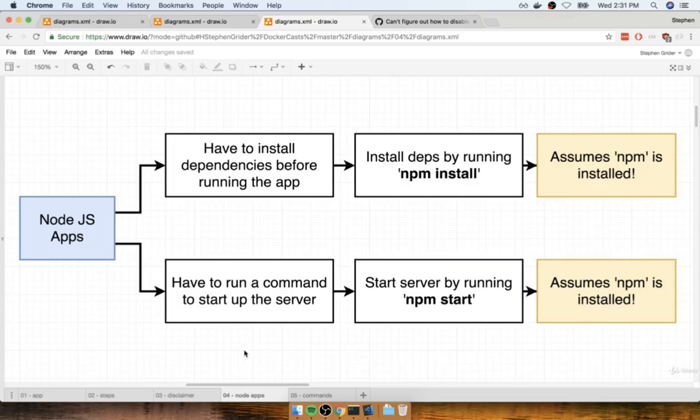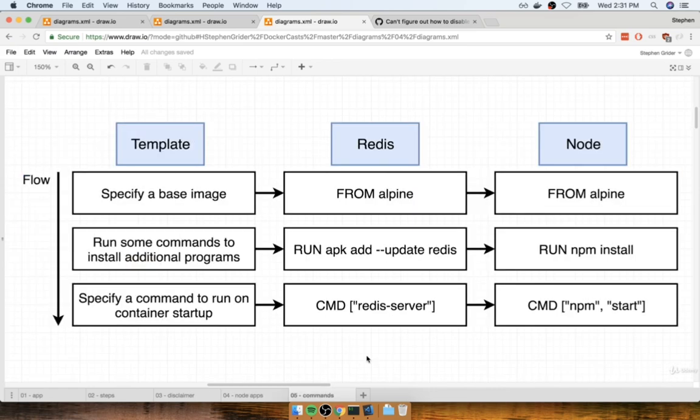All right, so with all this in mind, let's now start thinking about the Docker file that we have to put together. Now, this series of operations that we are going to put into the Docker file is going to end up looking very similar to what we did in the last application. So in this somewhat complicated diagram,